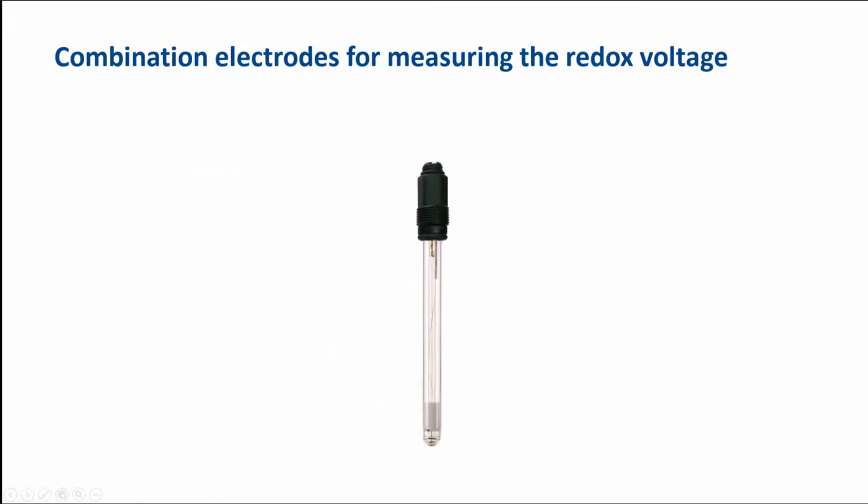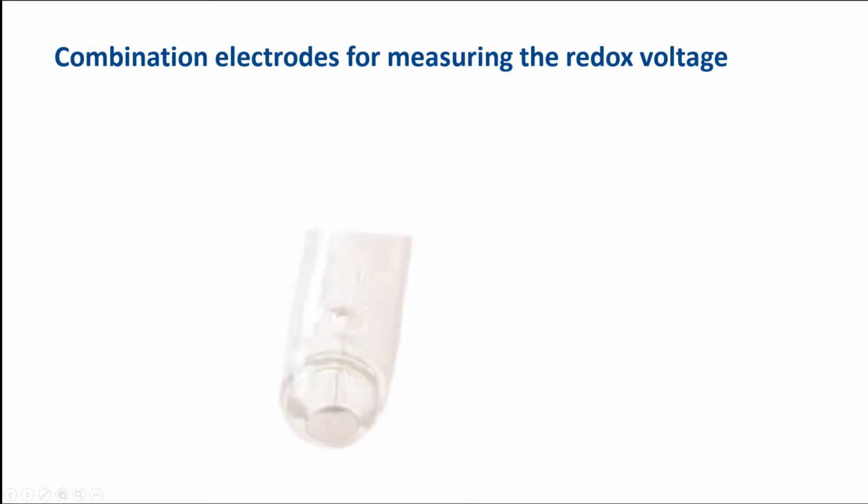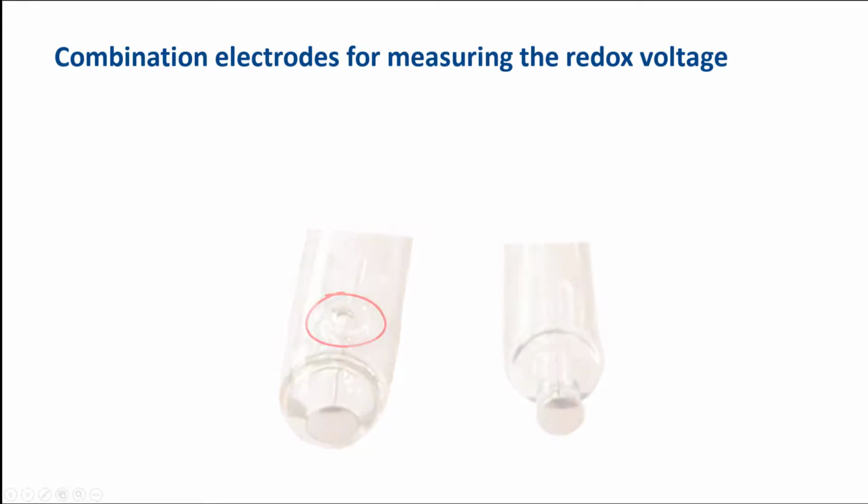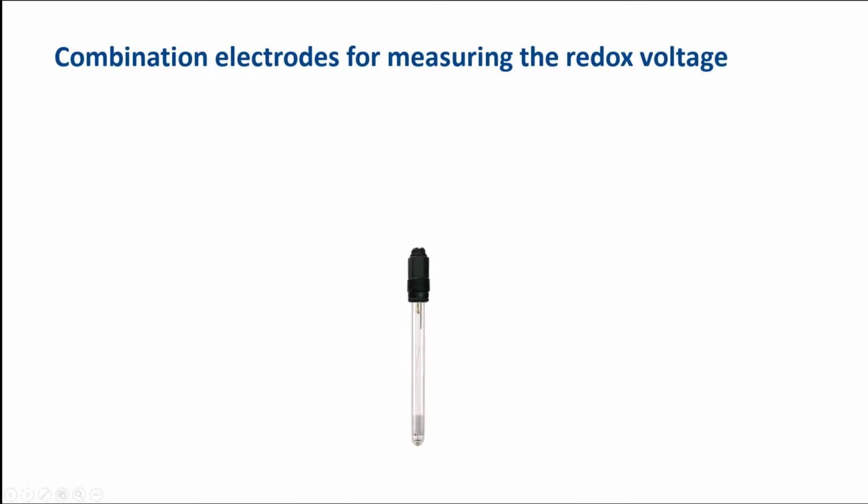The electrodes with ceramic diaphragm are used in clean media. Contaminated media require the use of PTFE diaphragms. For media with extreme contamination, electrodes with open diaphragms such as hole or annular gap diaphragm are used. The electrodes are connected to the transmitter via coaxial cables. The connection is made via the two-pole N connection system.